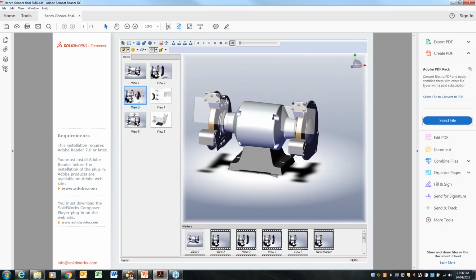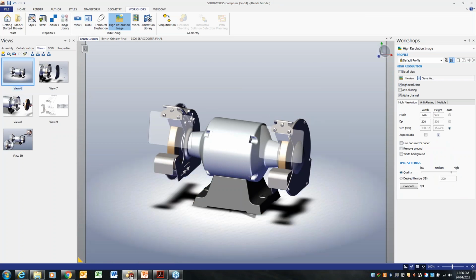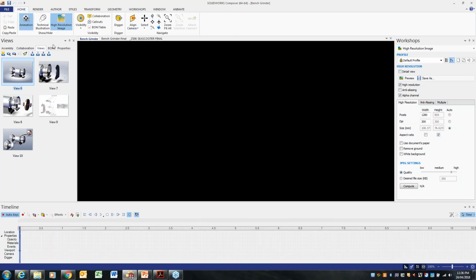I'll just stop this for now and go back to Composer. Now, we've covered the views creation. We've covered how you can add special effects. I've also taken you through the different output files you can create. Now let's try and work out maybe a little animation. So if you go to the animation tab here,